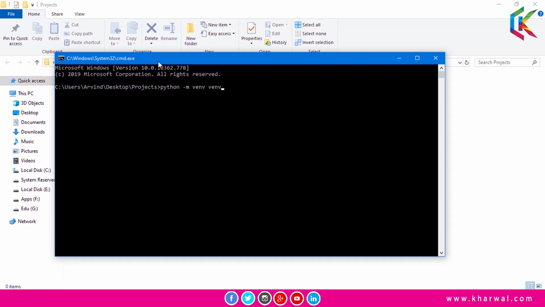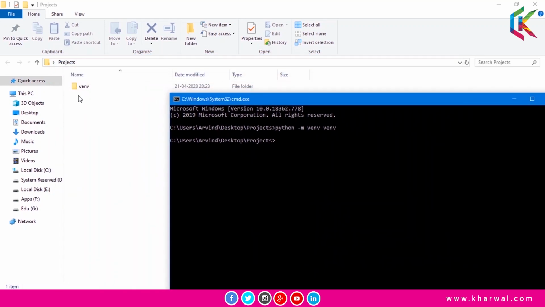So the name of our virtual environment will be venv, and now I'm going to hit enter. This command will create a directory in projects folder, and that is basically a virtual environment. So here it is, you can see this.